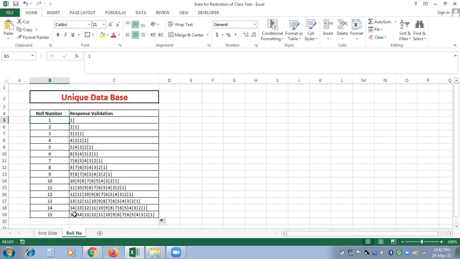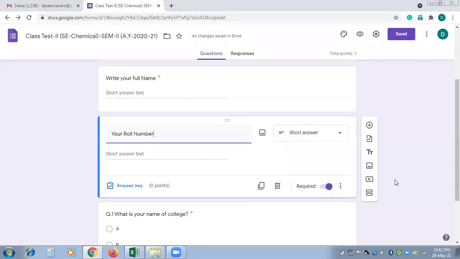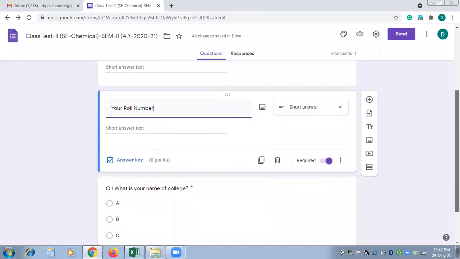Then copy this last cell and again go back to your quiz competition, to your roll number. In this roll number, you click on these 3 dots and select description and response validation.